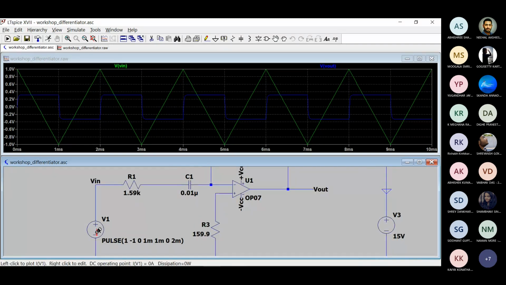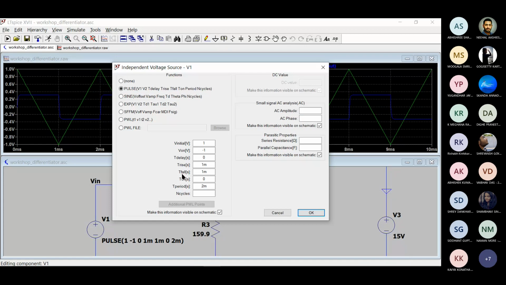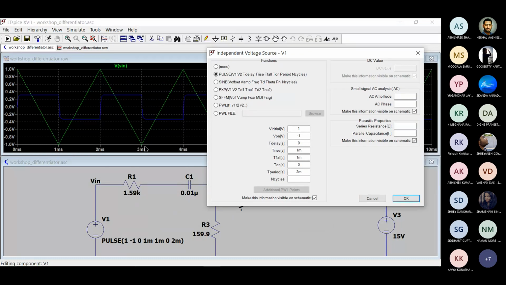How to generate a triangular wave. So you give a V initial that is -1. Okay, you can give 1. It's starting at 1. So V initial is 1, and it goes all the way till -1, and there's no delay. So basically the difference is the T rise and T fall. So we want the waveform to fall and rise since we don't need a constant signal. And the T period I've taken 2. You can see the difference here. It's 2, and that's how we generate a triangular wave.